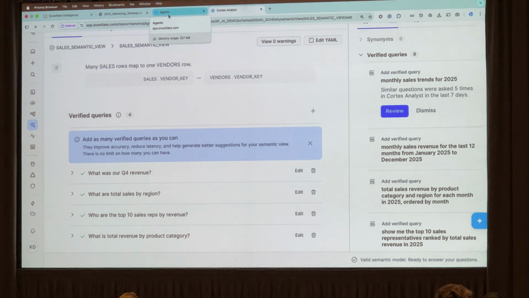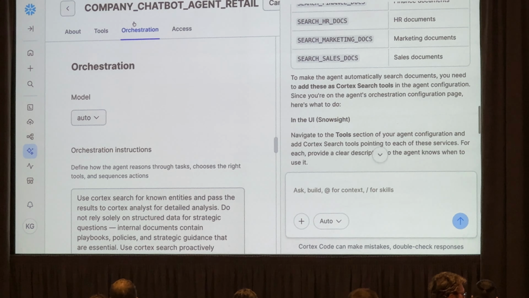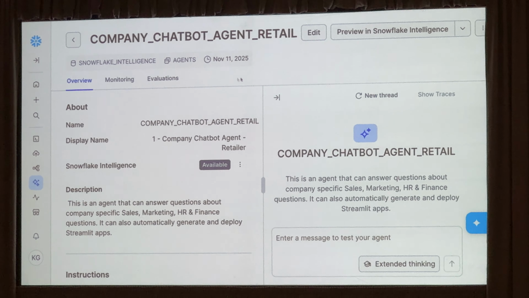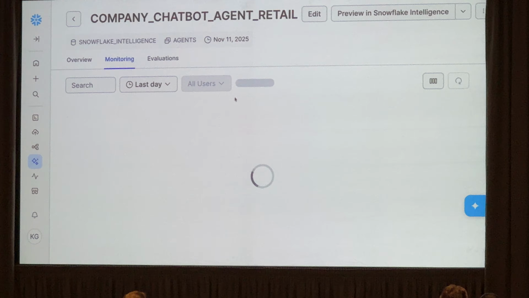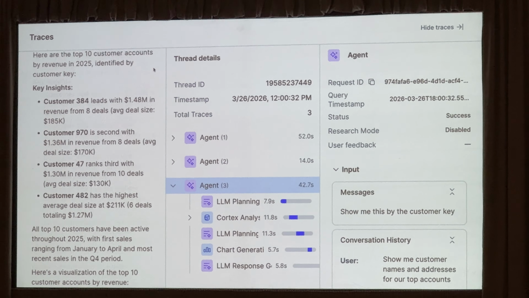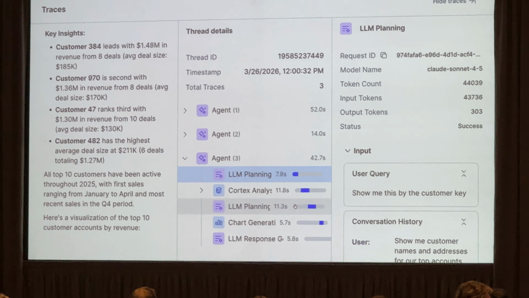One other thing I'm going to show you really quick about the agents: if I cancel out of this and close Cortex code here, we can look at the monitoring and see all of the queries that have happened in the last day. We can dig into each one of these and understand more about the traces and everything that was happening. Here's the span tracing of all the different parts of the process. So you get that total level of visibility into how the model's working and what tweaks you can make after the fact.